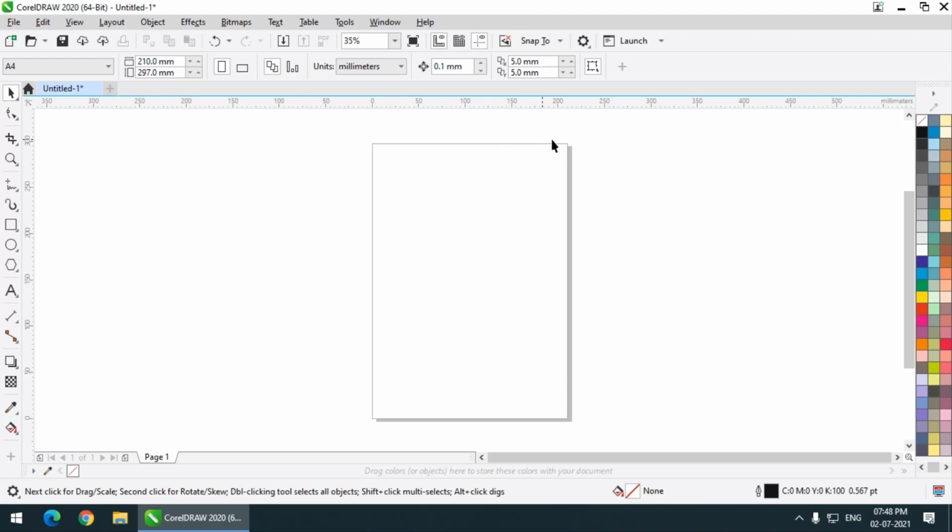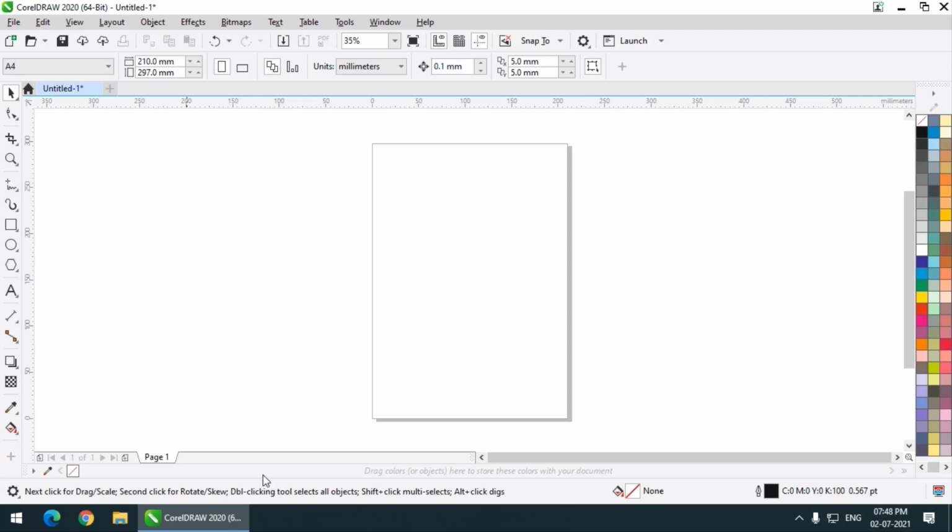This thing over here, the rectangular shape, is the page, and anything inside this is called the printing area. If you create some shapes and put them inside this particular area, they will be printed when you take a printout of this page. So anything inside it is the printing area, and outside it is a non-printing area, in simple words.